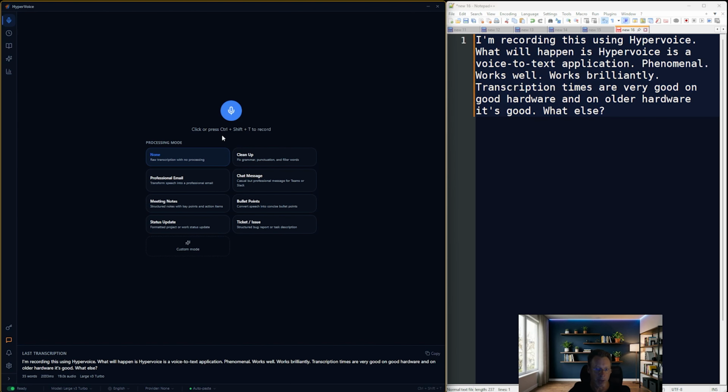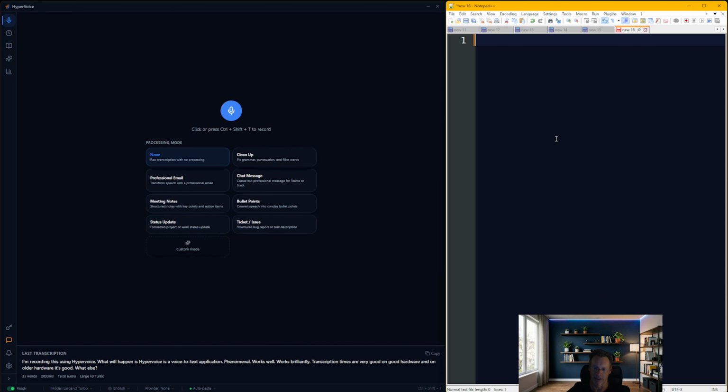You do have different post-processing modes. So what we did was we transcribed exactly what I said. However, if we do want to clean up grammar, we can press this button. If we want it to be an email, so for example,